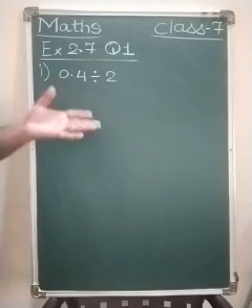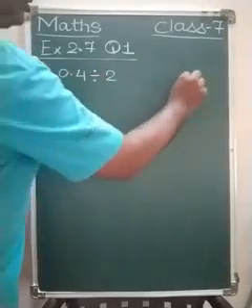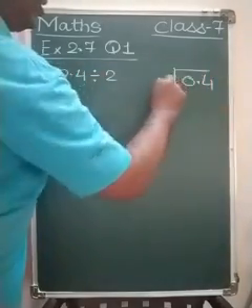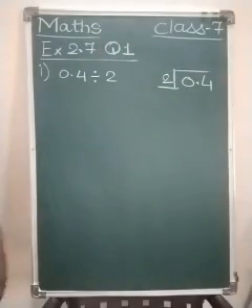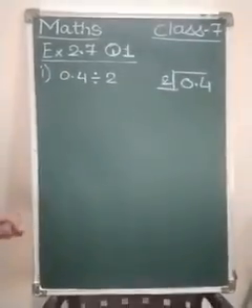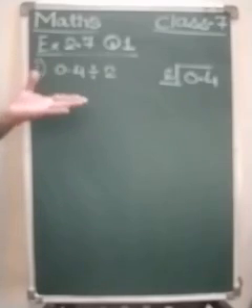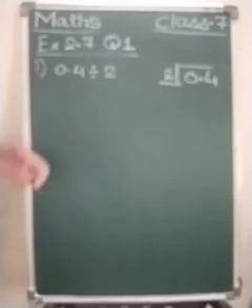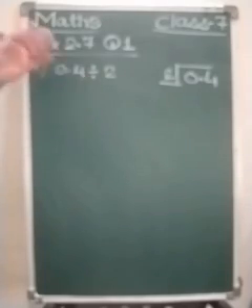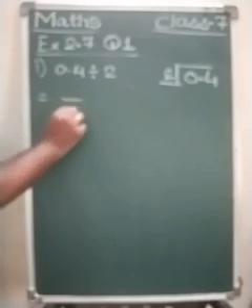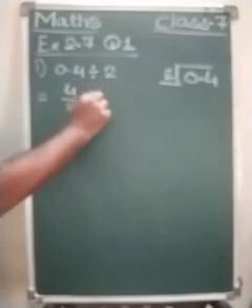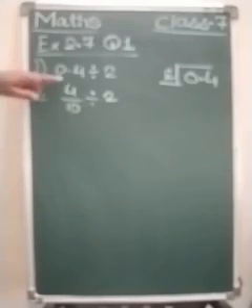Conventionally in your 4th standard, in your 5th standard, how did you used to do it? 0.4 divided by 2, then where to put the decimal point, how to put the decimal point, confusion was there. Many a times we got the answer wrong, but let us see how easily we can solve this sum with the help of our fraction. Since this is 0.4, convert it into a fraction with denominator 10, as we already know one place. 4 divided by 2. 4 upon 10 divided by 2.